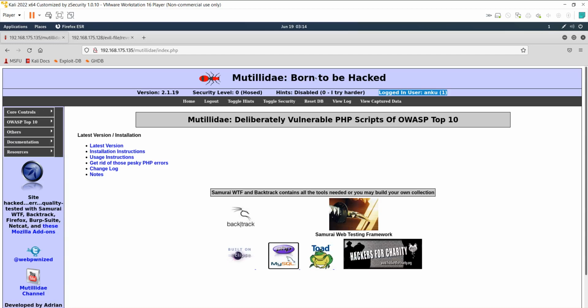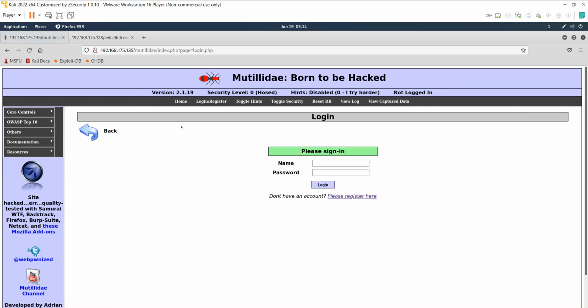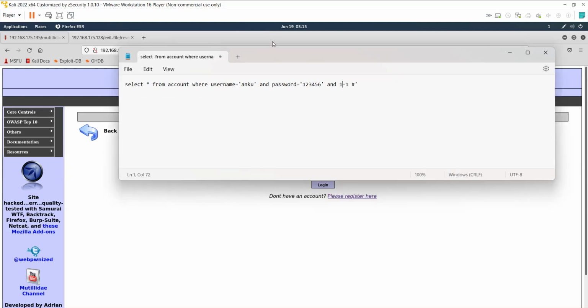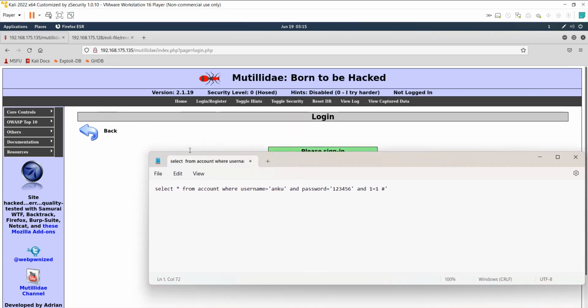This is the user. Now I log out. Now how can we hack this website, guys? Almost every website uses SQL, so the attack name is SQL injection. I will let you know how it works internally. For example, if this is an account table, this is how the query will work: select star from account where